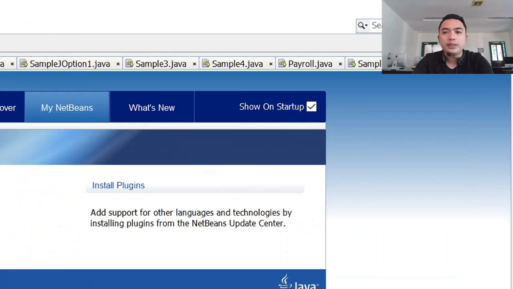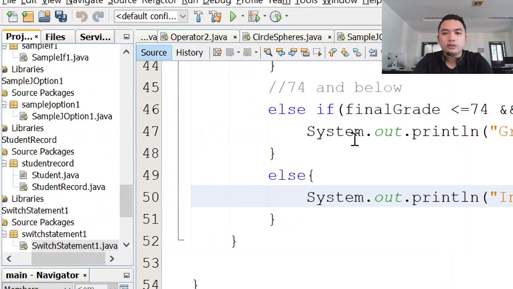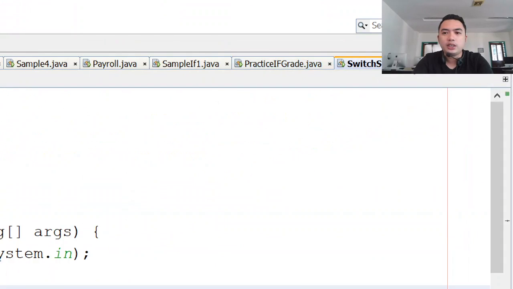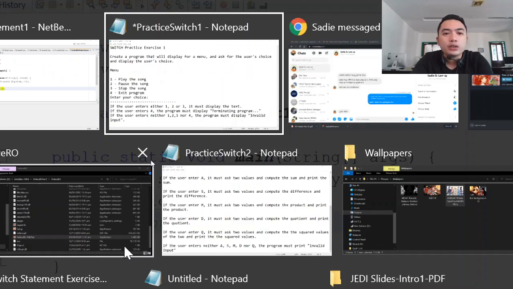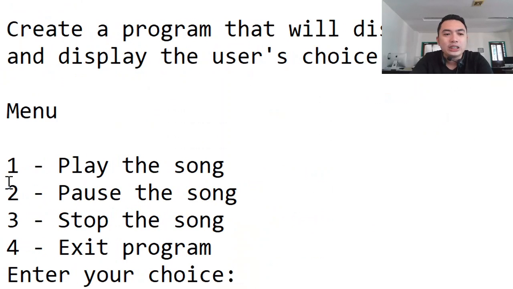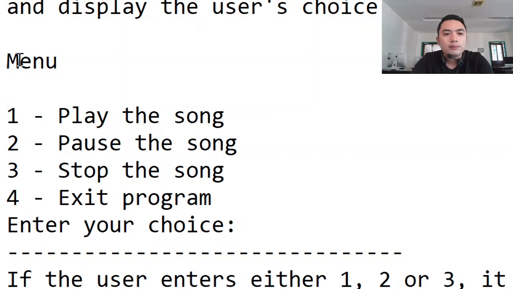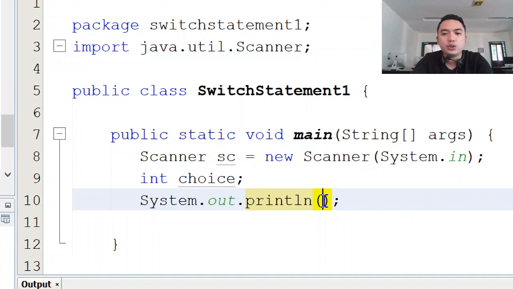Okay, so we will be, so where was I? So back to the practice problem, we will need to print this. So we'll print the menu. Okay, so I'll just copy this.